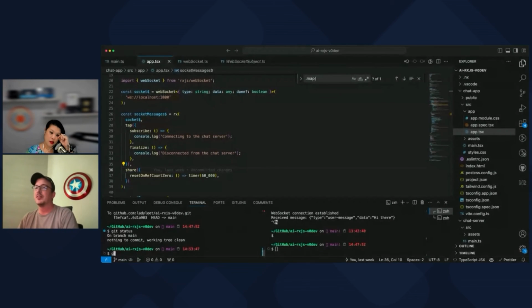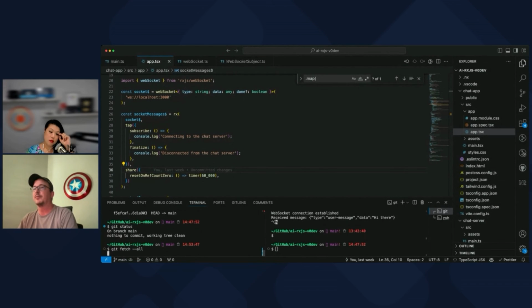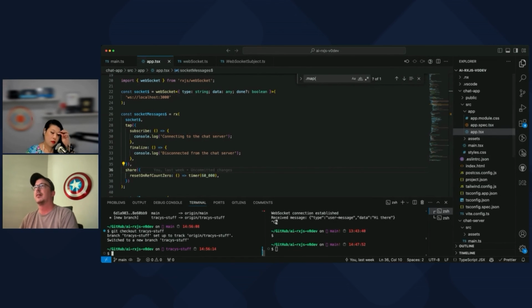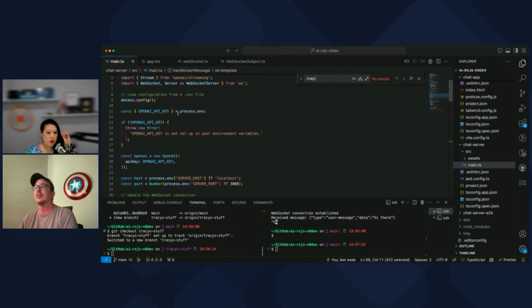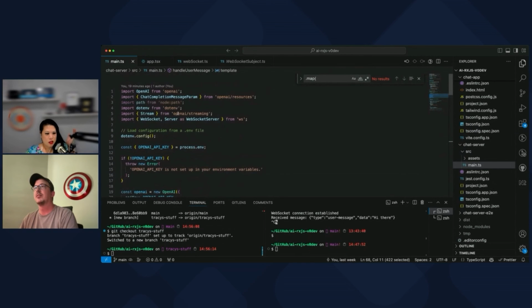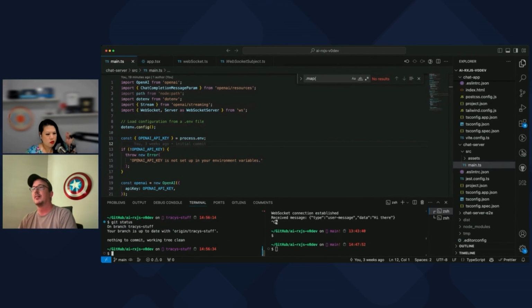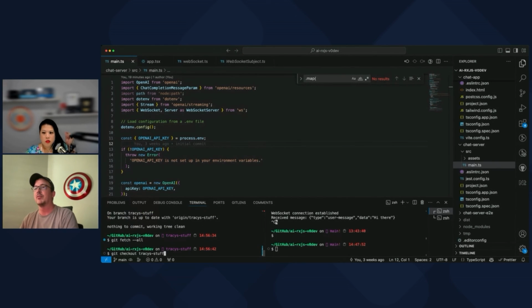All right. So git fetch all. I always do all, I didn't really need to do all. All right, git checkout Tracy's stuff. So in Tracy's stuff, we've got this new code. Yeah, but yours doesn't have the linting errors. Not yet. Wait, this doesn't look... Did you pull? Oh no, I did. Oh wait, git... Yeah, it's up to date with origin. Let's see. Yeah, I think maybe what you pushed up didn't have all of Tracy's stuff.